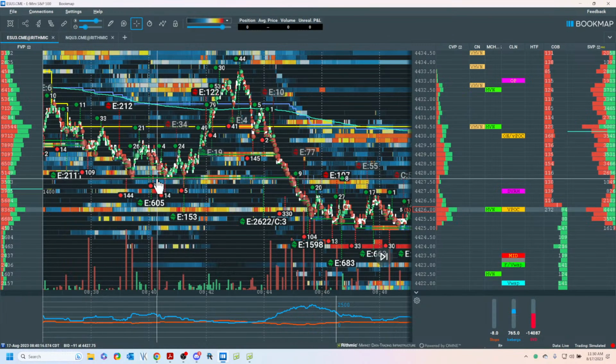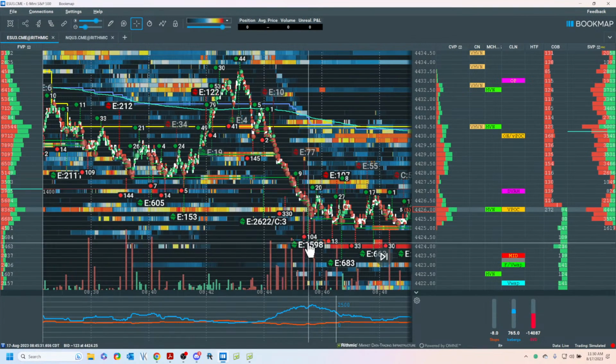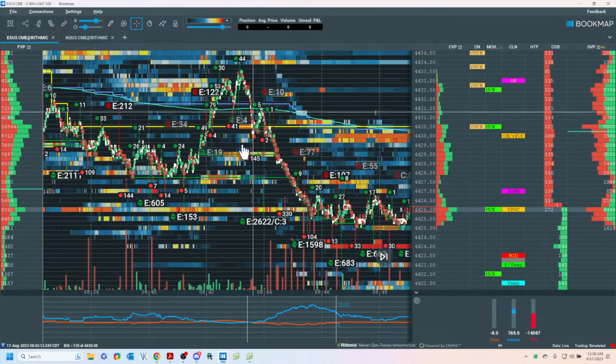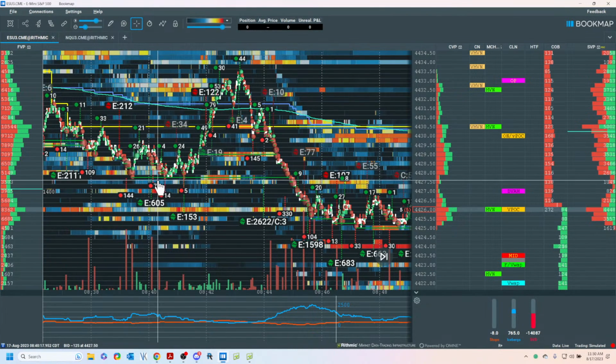here's how you might look at it. You see this? So that was like our support. That's what created this. When you fall below this and all the longs in here, sell stops get lit, that's what's happening here. So 330 stops, another 100, and then you get an iceberg buying in here. Isn't that interesting? 2,000 here, 1,500 here. All very interesting. And I don't know what to do with that, so I'm going to let you tell me. But when we rip under here and take the stops, that creates the acceleration.